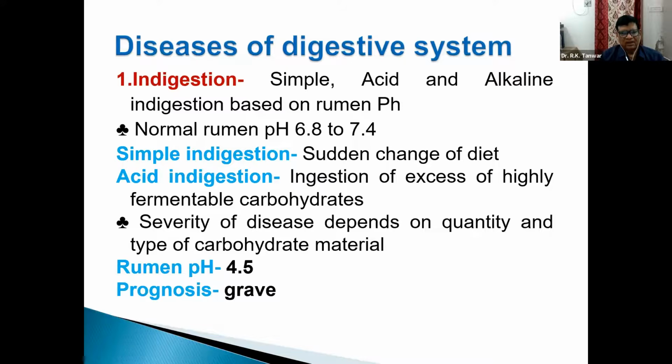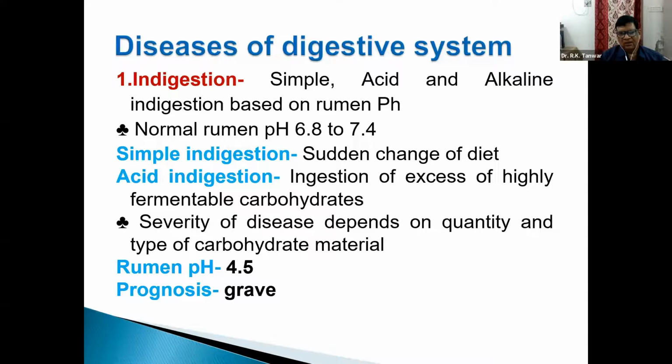But acid indigestion is a big problem. That is accidental ingestion, particularly in goats raised for milk purposes in the house. The owner comes with a history that this goat has consumed excess grain, wheat grain, or sometimes wheat flour, or even rice. If the amount is excess, or the pH is even 4.5,